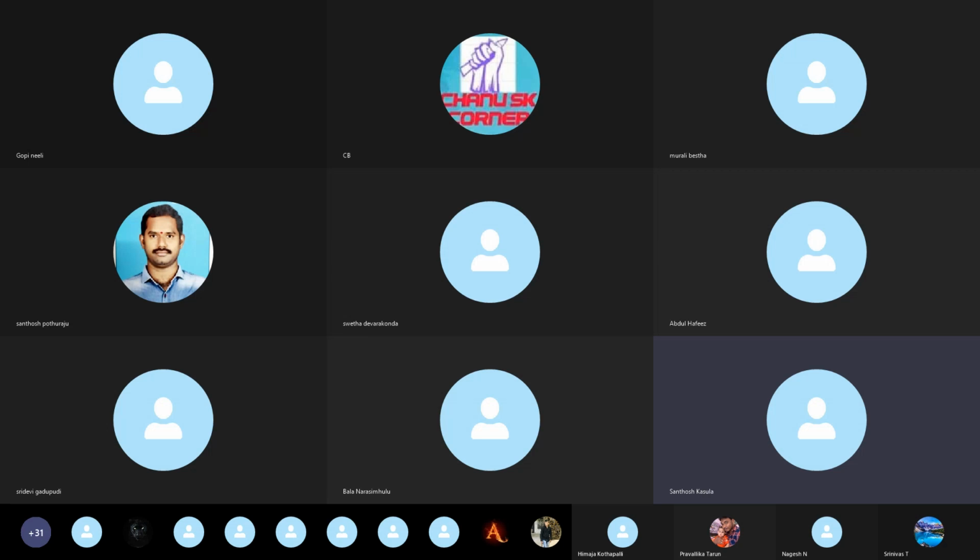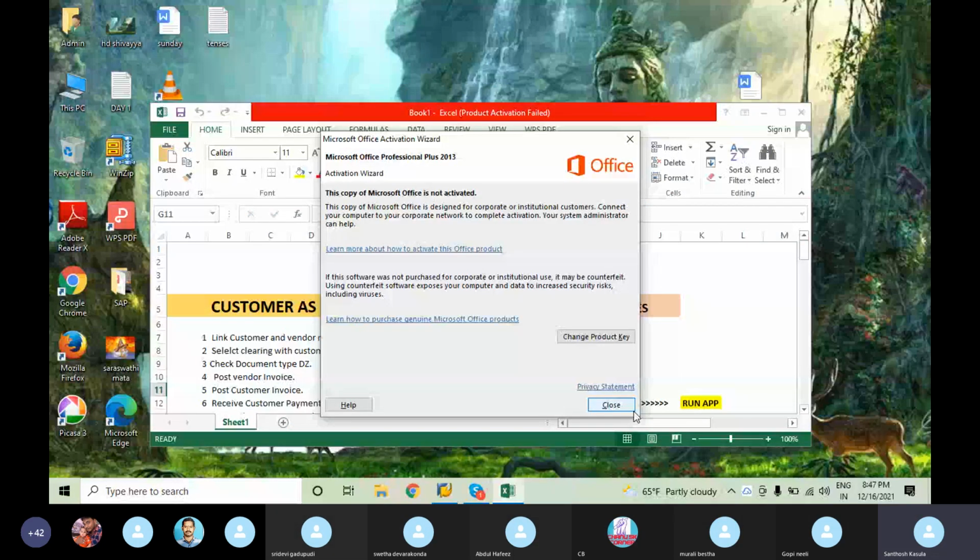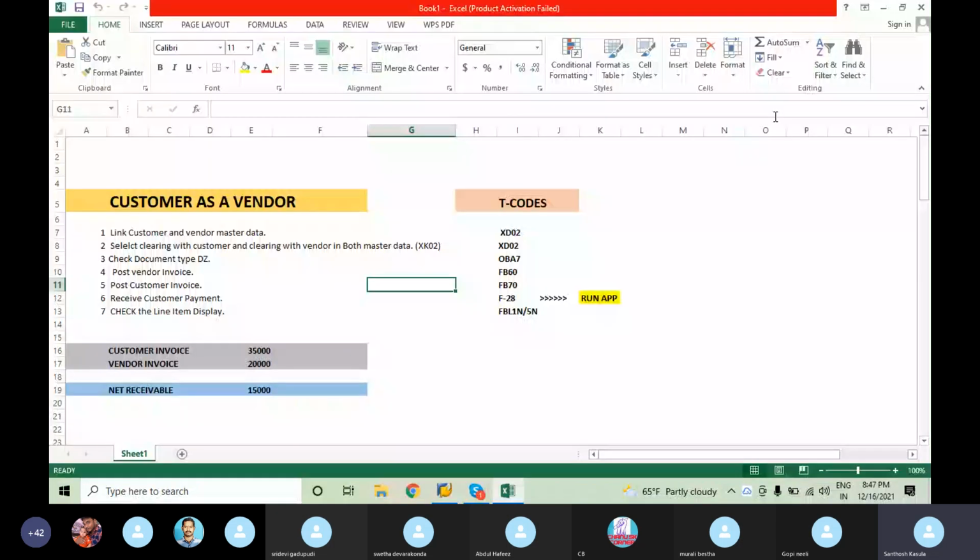So we'll just see the configurations for how to link both customer as a vendor. Now the first configuration is linking the customer and vendor master data.